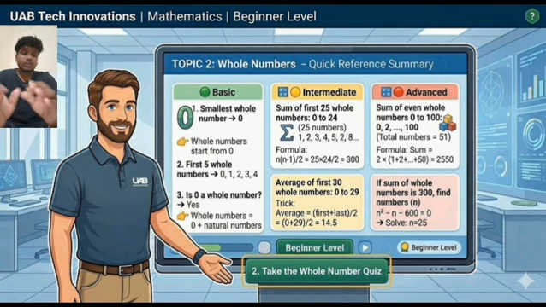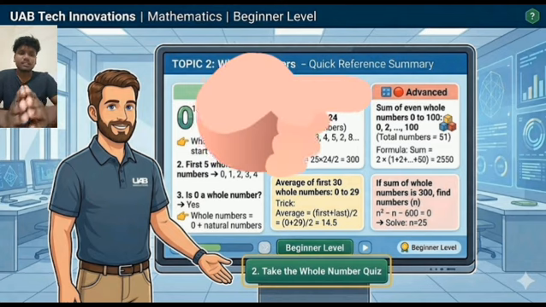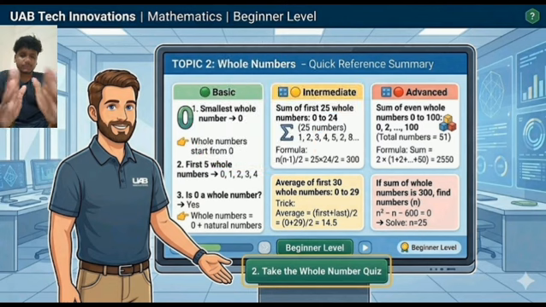Sum of even whole numbers. Even means divisible by 2, yes or no? Remainder 0. Then 0 to 100 means 0 is also an even number, we have to include that one also. 1 to 100 means 50 even numbers are there, and including 0, 51 numbers are there. Formula we can use: n of n plus